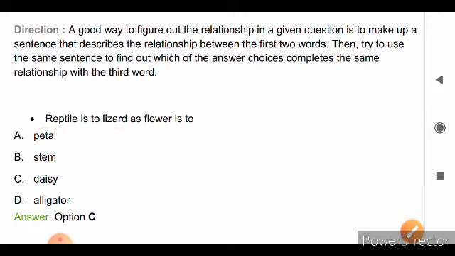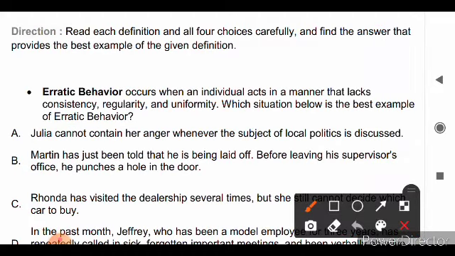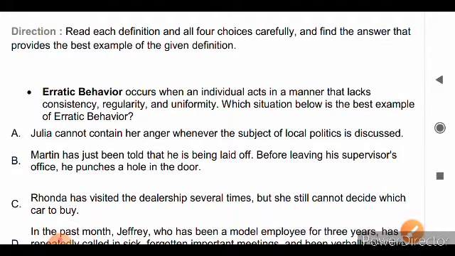Next question is: directions. Read each definition and all four choices carefully and find the answer that provides the best example of the given definition. Erratic behavior occurs when an individual acts in a manner that lacks consistency, regularity, and uniformity. Which situation below is the best example of erratic behavior? Options are